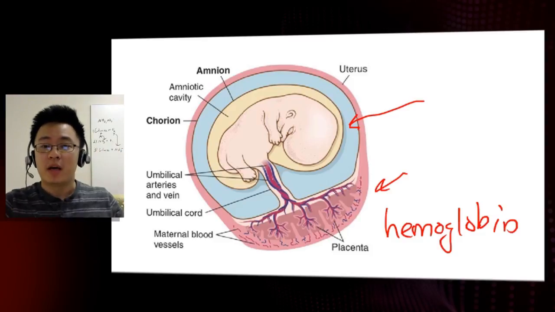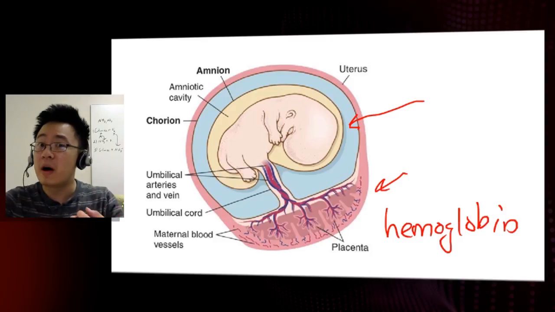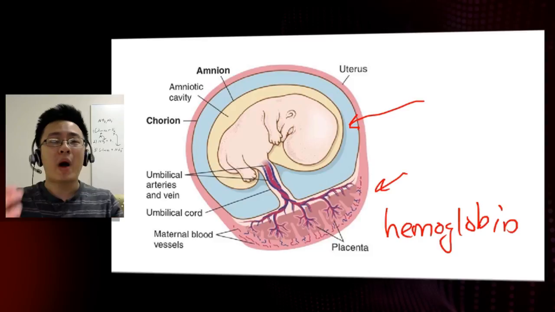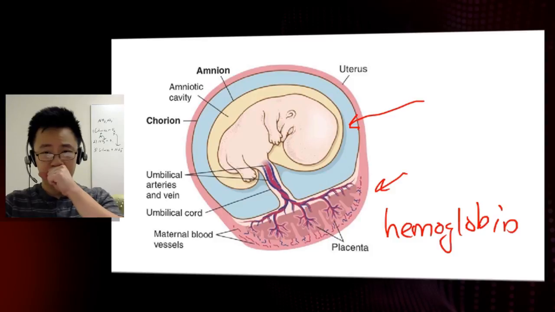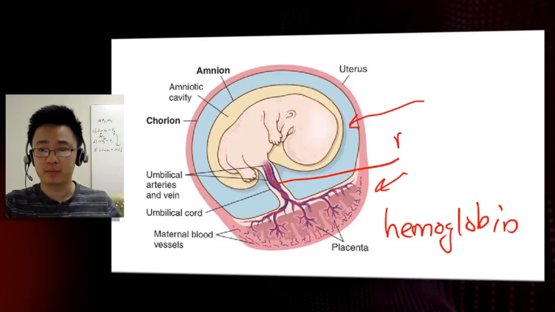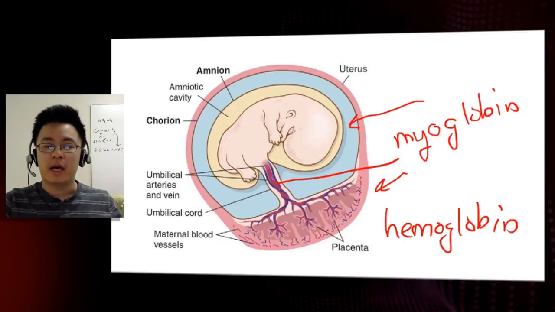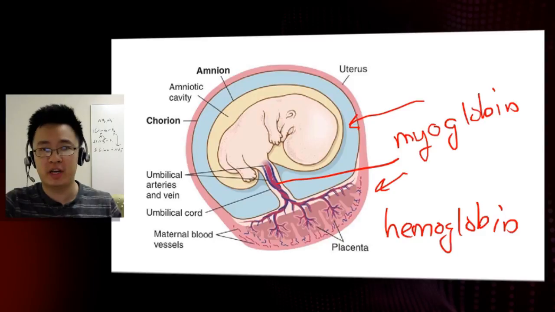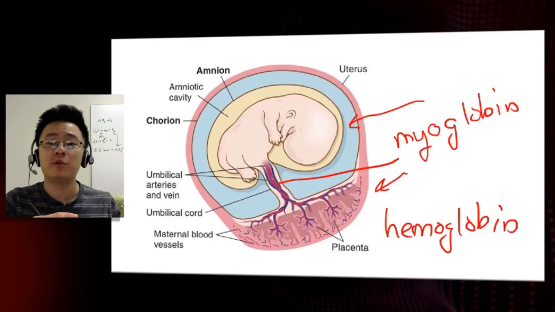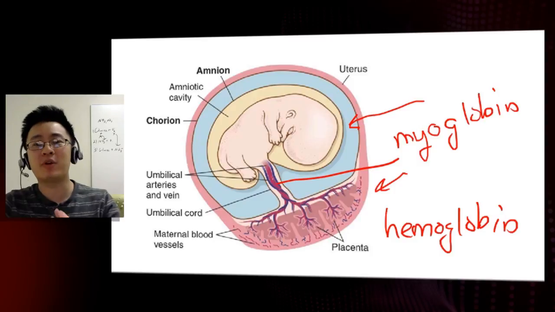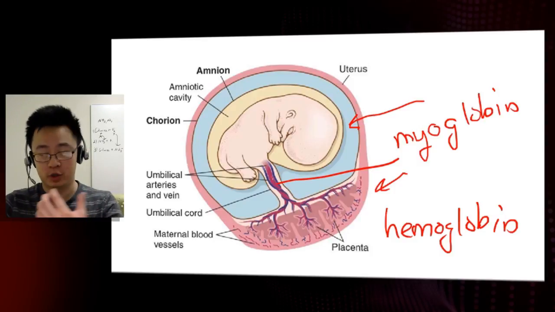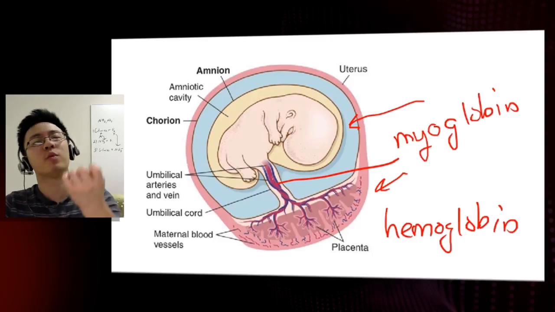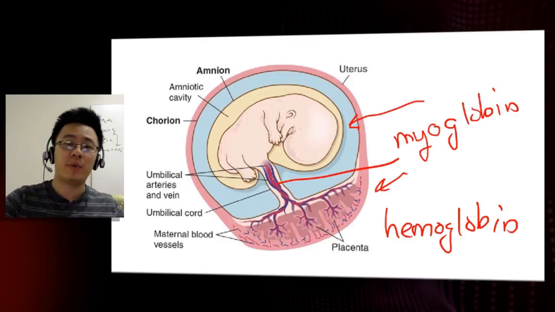Well, here's the thing though. If the baby were to have hemoglobin, there isn't really incentive for the oxygen to leave the mother's hemoglobin and go into the baby. So rather than the baby having hemoglobin, they temporarily have a different kind known as myoglobin. Myoglobin has a much stronger affinity for oxygen compared to that of hemoglobin, so that gives the oxygen on the mother's hemoglobin motivation to switch to the baby's, and therefore that myoglobin will transport that oxygen for the developing embryo.